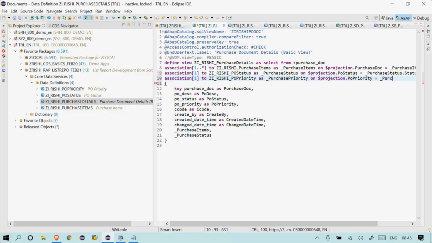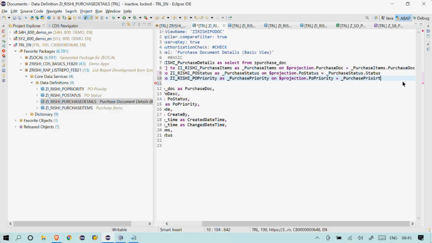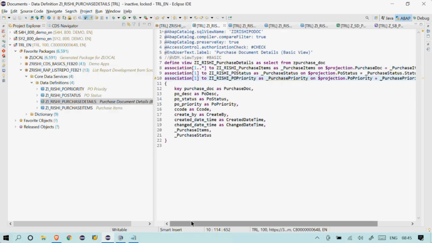It is priority and purchase priority. I'll take the value from here, priority, and save this and activate.